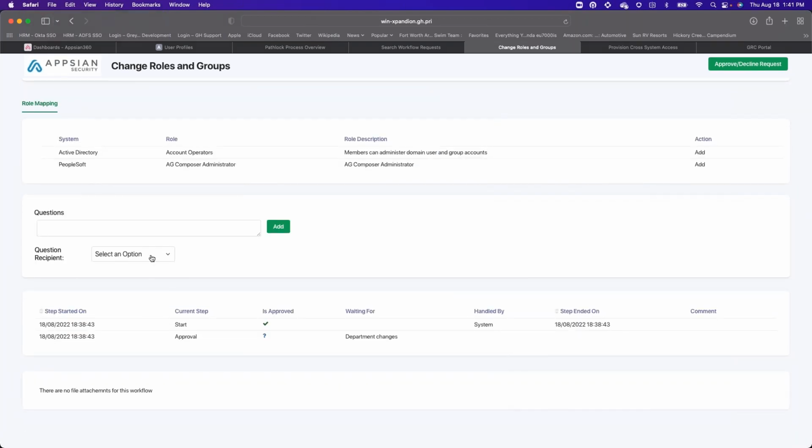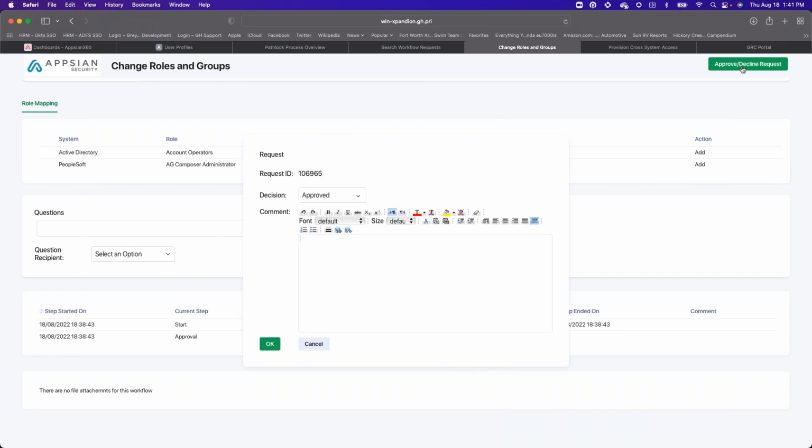Here, kind of like what I said before, we have the option of, do I need to submit a question? Do I need to ask somebody about this? Should this be taking place? Any of those types of things. But then I also have quickly up here in the upper right an approve or decline. I'm going to go ahead and approve that, and I'll just say approved, if I could spell real quick, by GW. I'm going to go ahead and hit